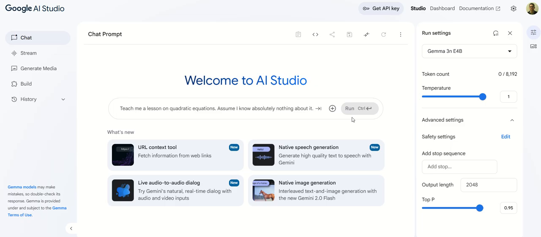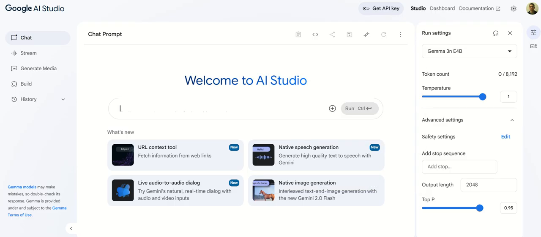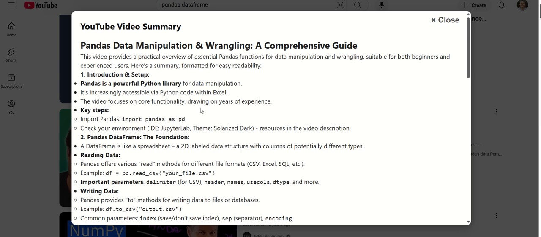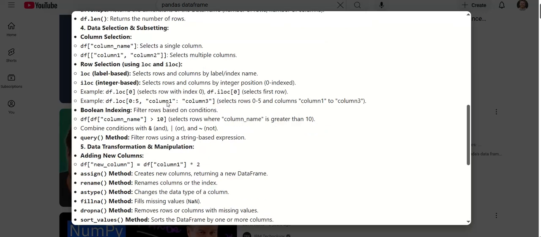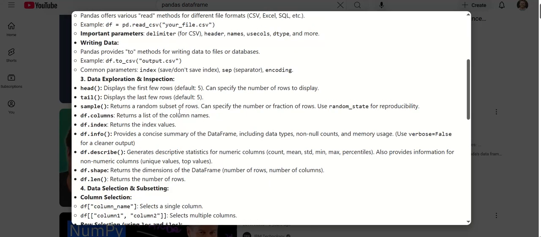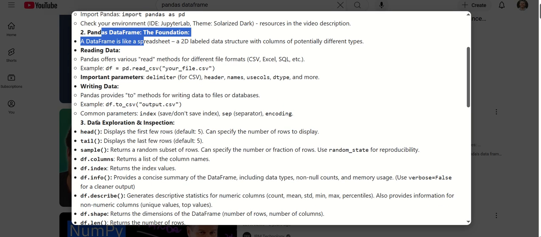Here it is. I'm using the Gemma 3N, the latest one. It's free to use, so that's why I'm using it. And then after it transcribes it, it will just do a little modal pop-up on my current browser, so I don't have to navigate to a new tab. I just have this pop up in front of me, and it will summarize the entire video for me. So this guy does an introduction, tells you why Pandas is good, talks about the data frame,